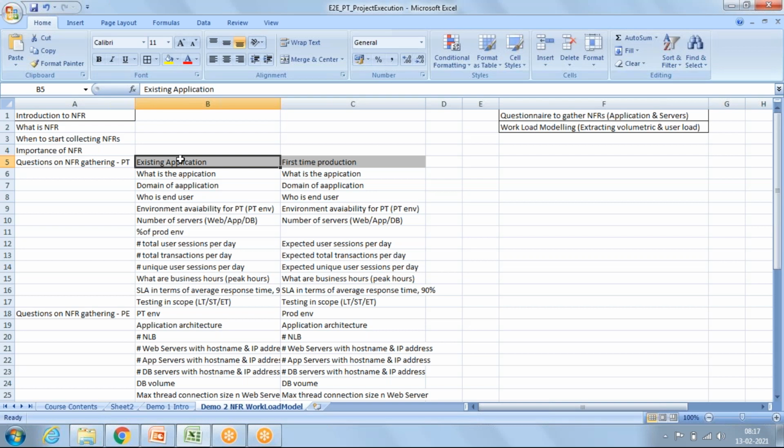The second section is if your application is going to production for the first time. And the third section is if you are responsible for performance engineering also, you need to include one more section, NFR collection from the performance engineering side.